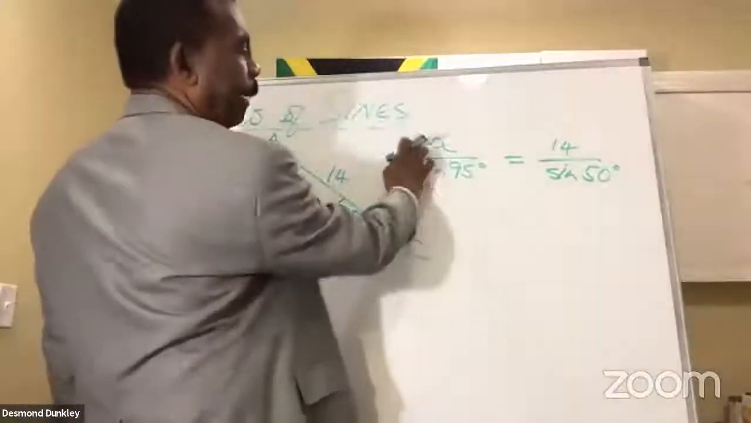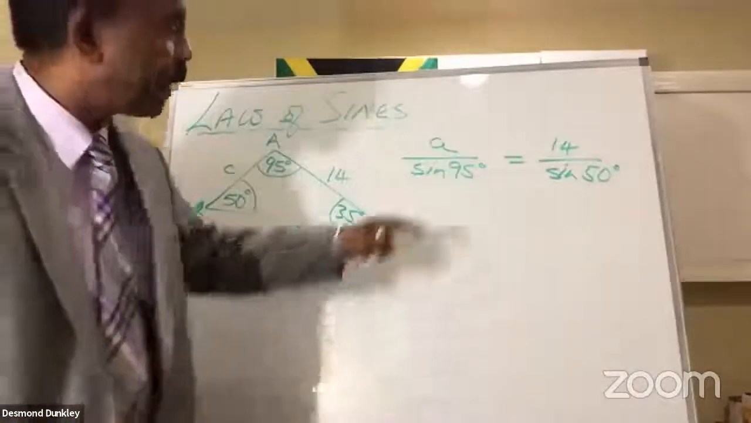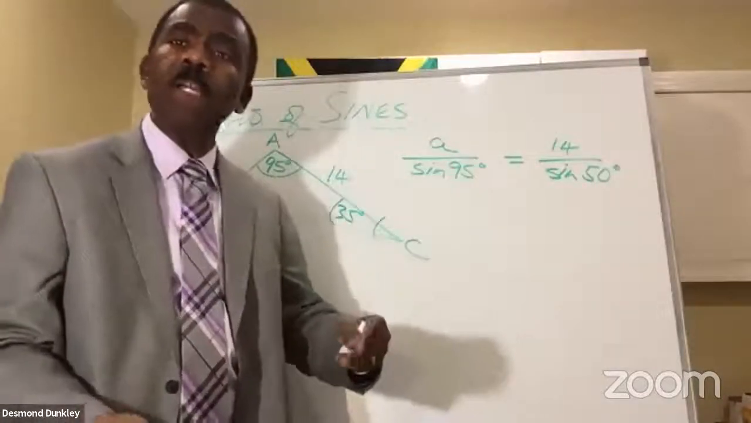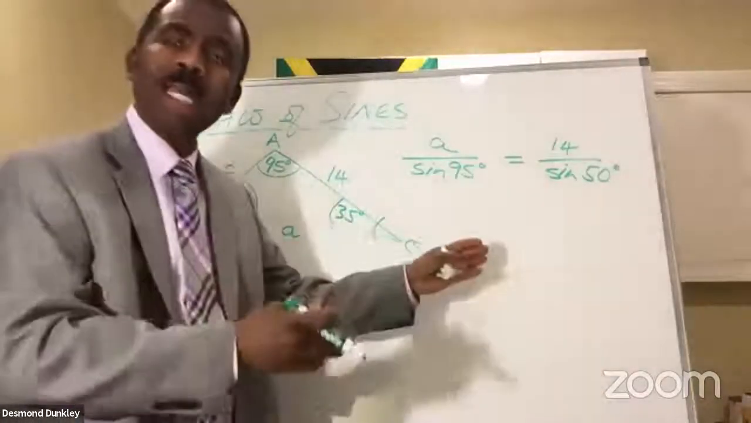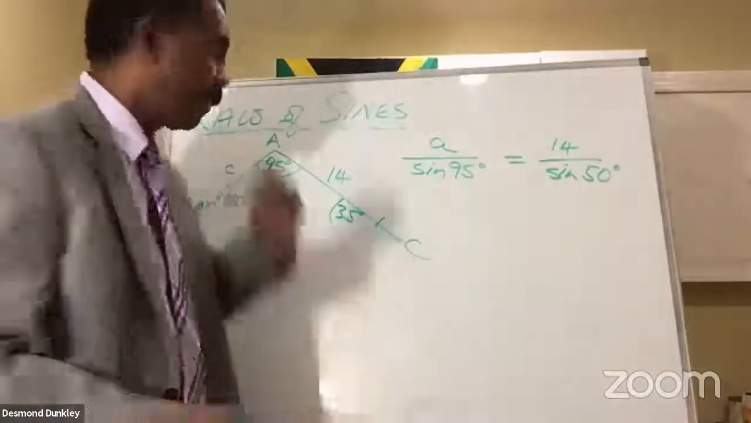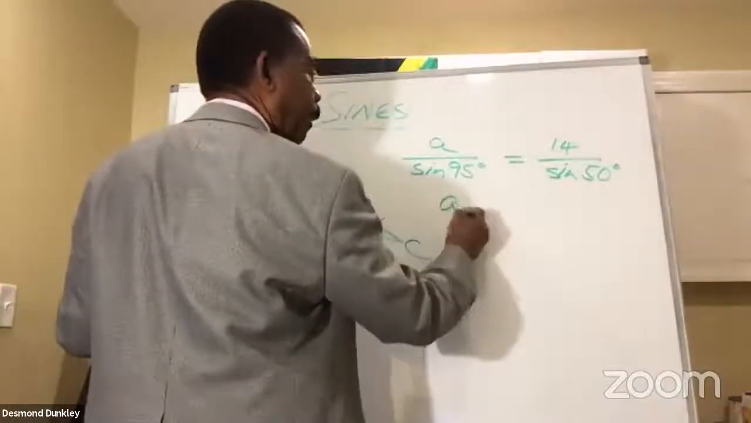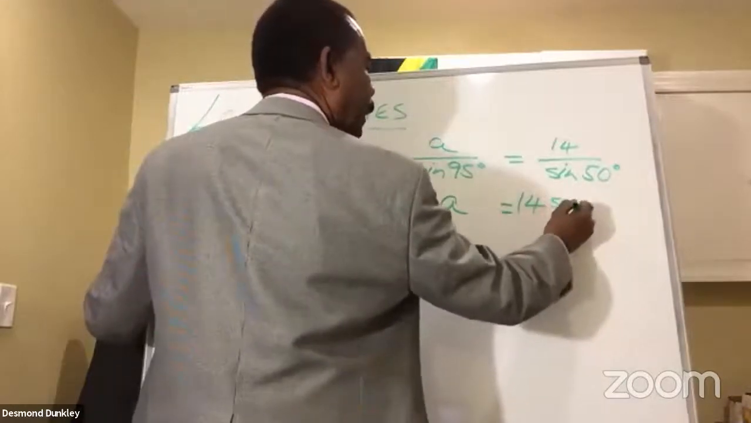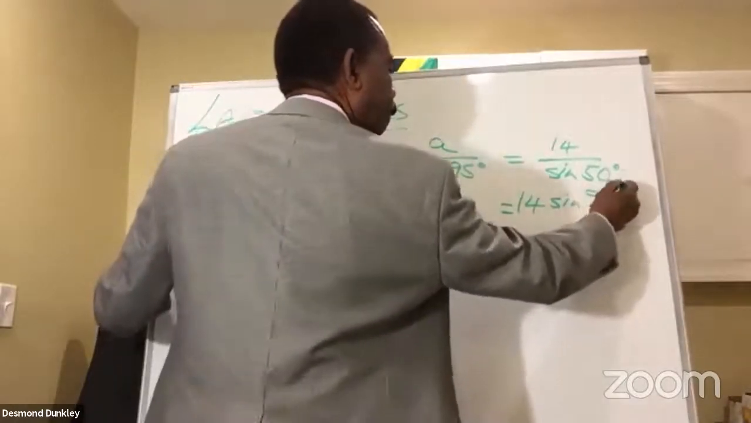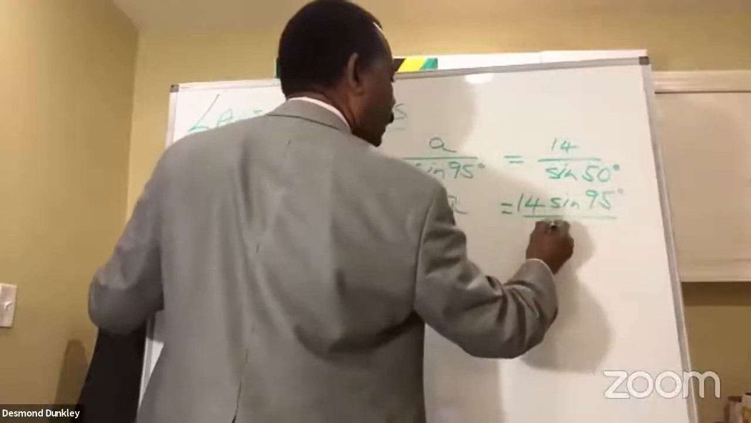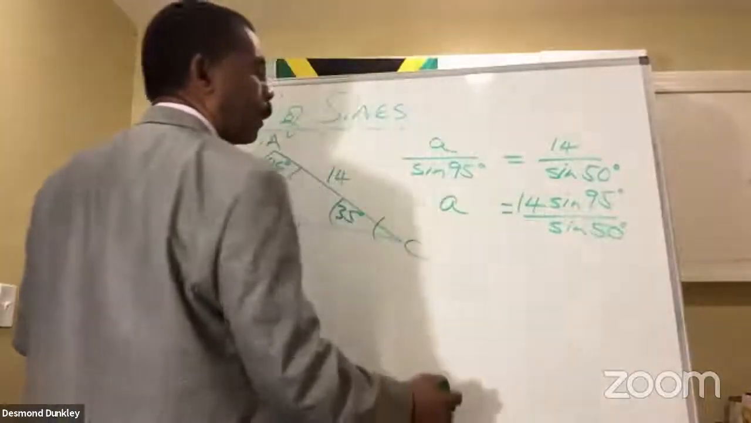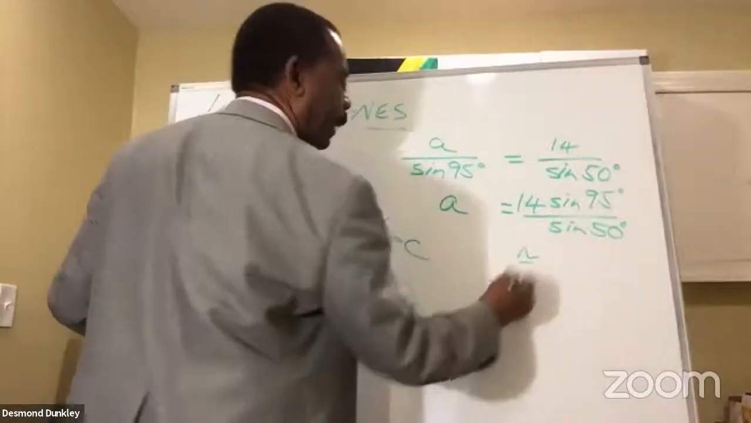So how do I get A by itself? I have to get rid of the sine 95, and I'm dividing by sine 95, so I need to multiply both sides by sine of 95. So we end up with A equal to 14 sine 95 over sine 50 degrees. And that's approximately equal to,